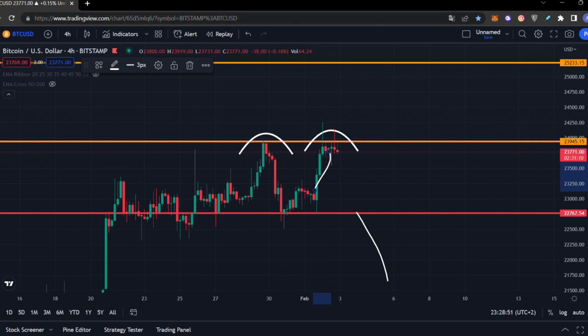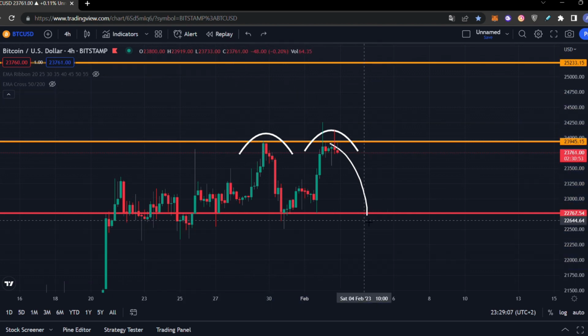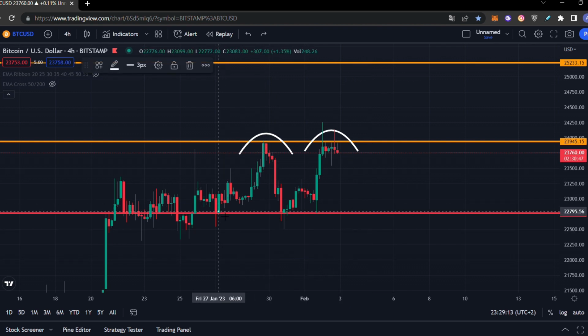Let's jump straight to our Bitcoin chart to start our analysis, because guys, as I told you before, we're forming this very serious pattern, which if we actually see a 100% formation of this pattern, is probably gonna collapse the price of Bitcoin, because as you can clearly see from this area that we started this kind of pattern, we saw an insane impulsive move to that area of $24,000, then a reversal back to the base of $22,700, and